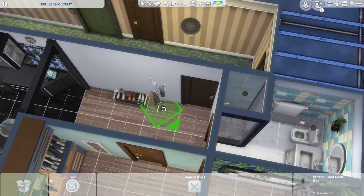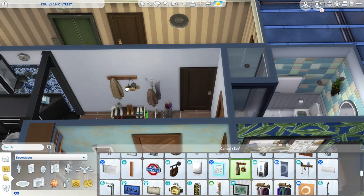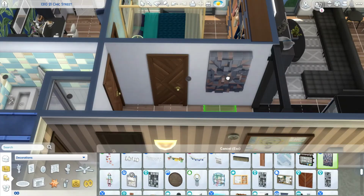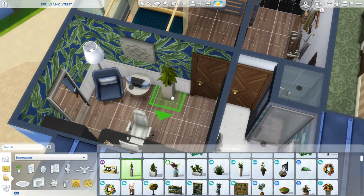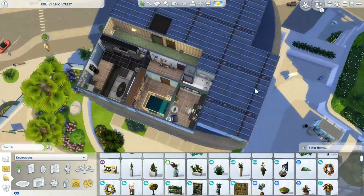So just gonna kind of put some finishing touches on the build here in the hallway. Just having a little bit of stuff hanging up. My new thing lately is making sure that that broom and dustpan end up on the wall. I don't really know why I like it so much, but I do. Every home I ever go in has a broom and dustpan,